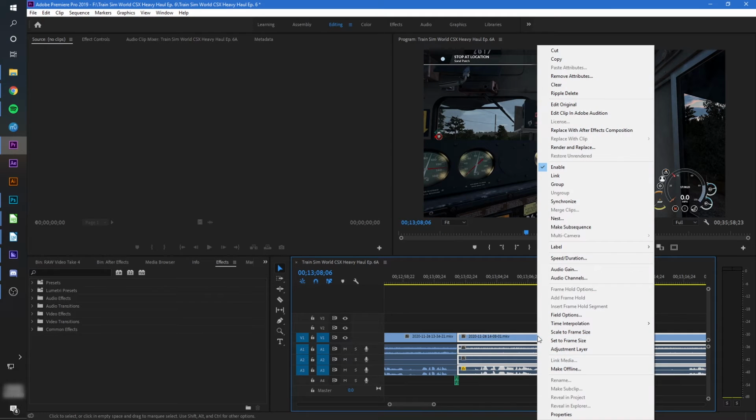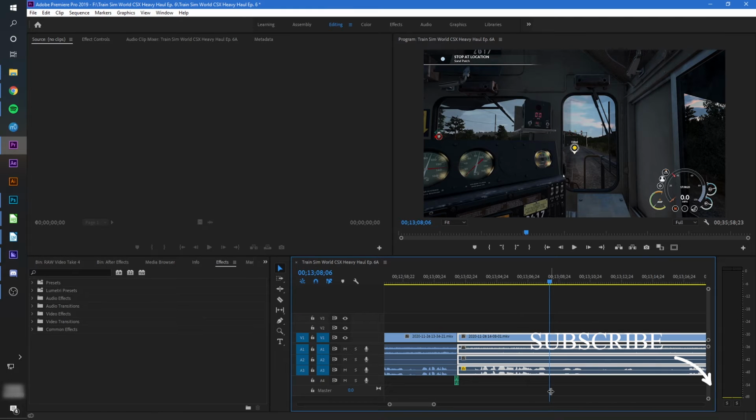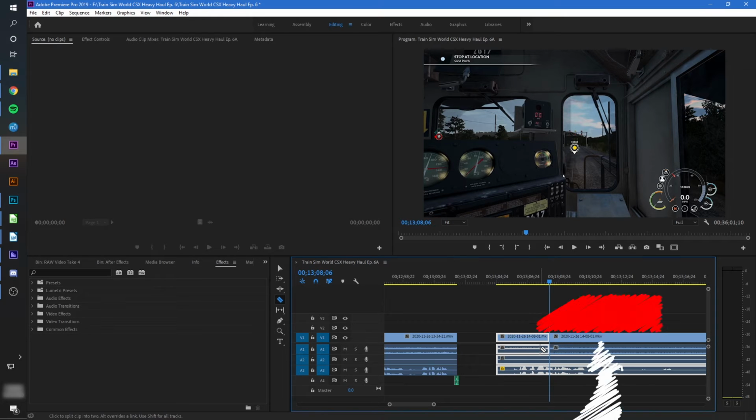Okay, so if we select these, if we go back to get rid of that, there we go. So what normally you could do is group using Control G, or Command G for Mac. See, now all these tracks are grouped. So that's nice. But if you want to cut, you still have to go through and cut them all individually. But